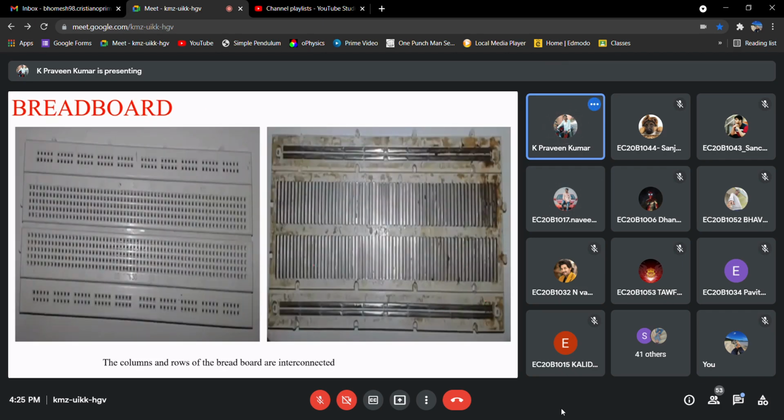So this is the front view of your breadboard, basically. I think you are aware. Yes or no?